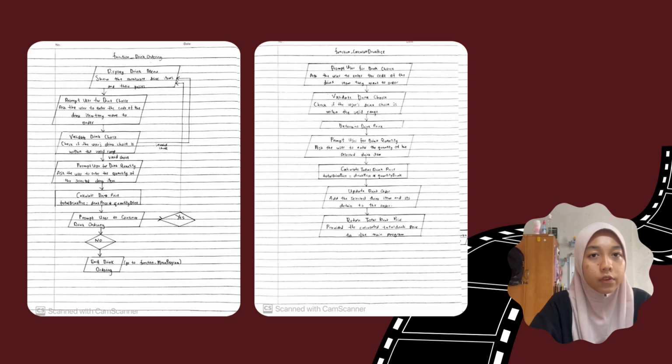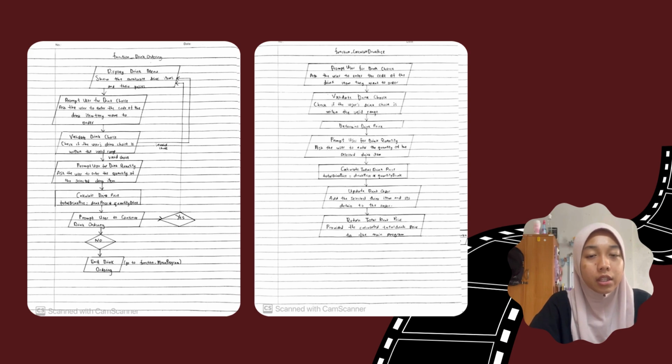If it's a valid choice, it will ask the user how much of the drink they want, and then it will start to calculate by total drink price equal to drink price multiplied by quantity of drink, and then it will continue